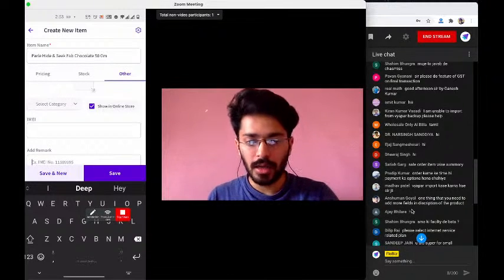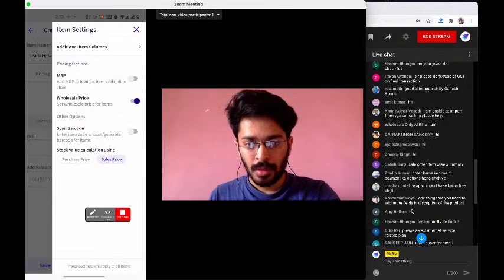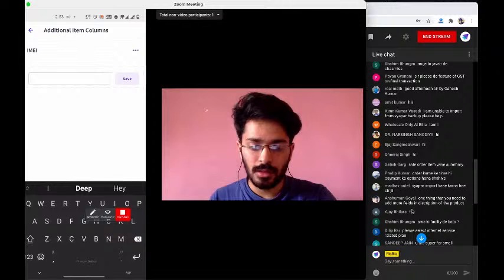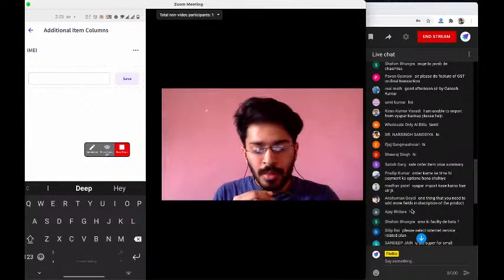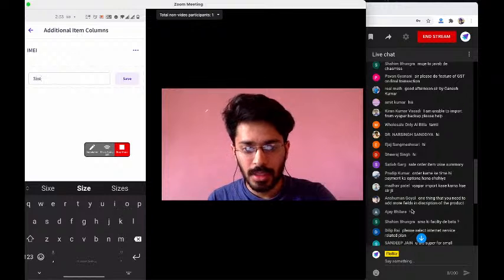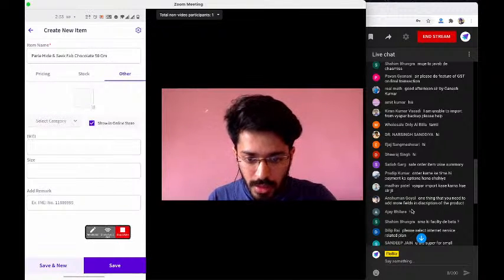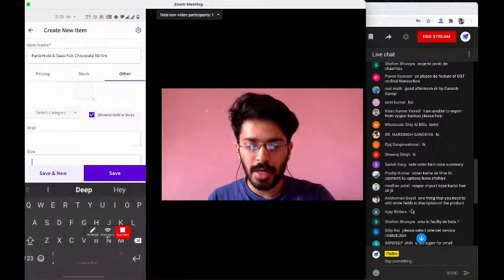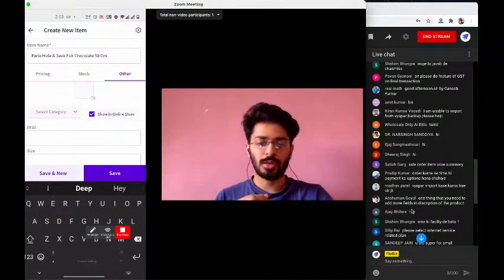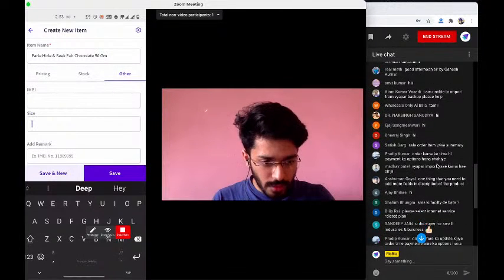So you can add an extra column in the invoice. So go to settings at the top right here, select additional item columns, and then you add an additional custom field. Sorry, you add an additional custom field that says something like size, ठीक है, and you save it. Now you will see an option for size here. So whenever you want to add extra information about the item, you can just create an additional field for it, or you can just add it in the remarks here. ठीक है. So moving ahead,